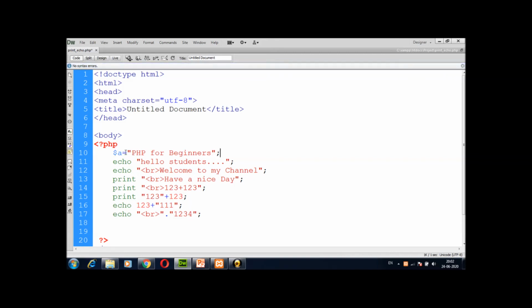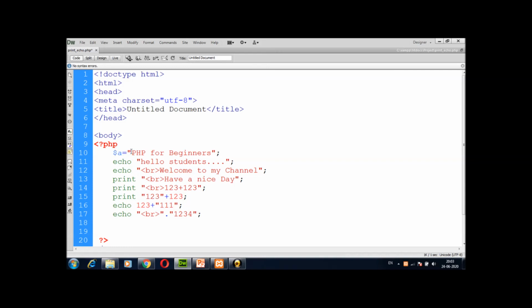This is considered a variable, dollar $a. The variable name is a. The variable is declared with a dollar sign. We will later discuss different types of variables and their data types, all these things. But for printing statements, we just take one example of the variable name $a, and the dollar sign is used for declaring a variable in PHP.